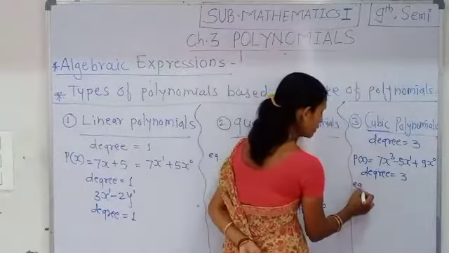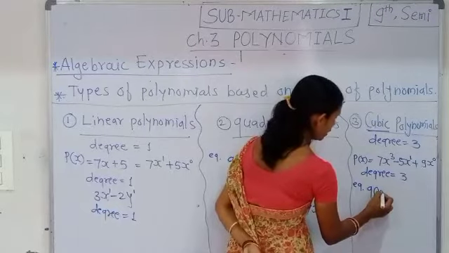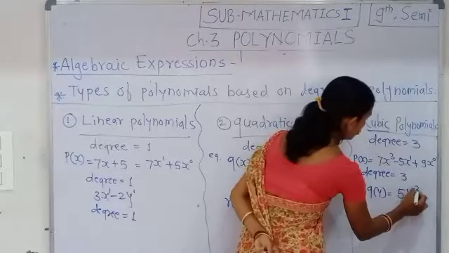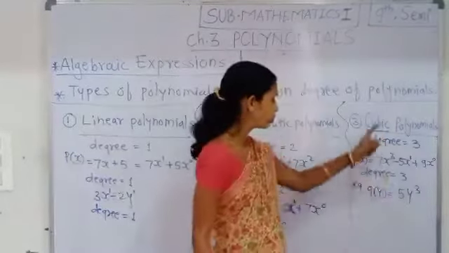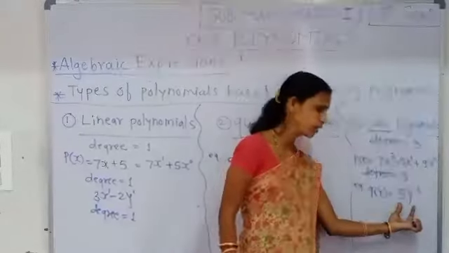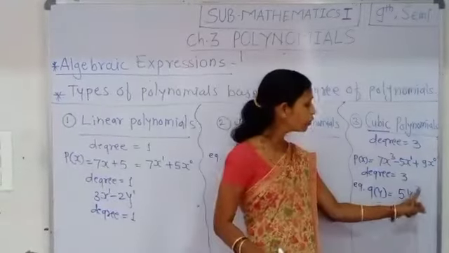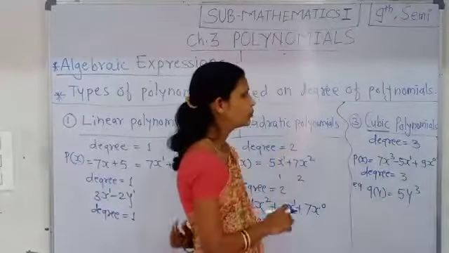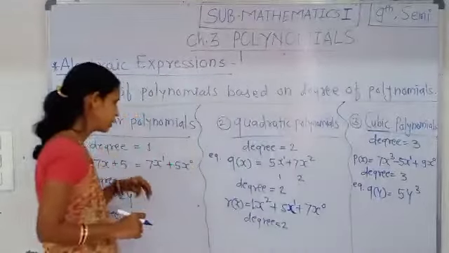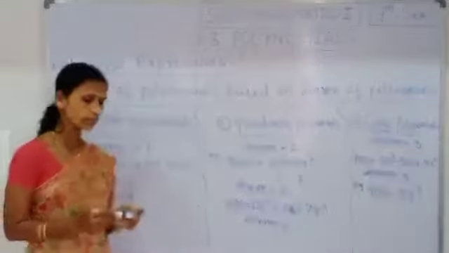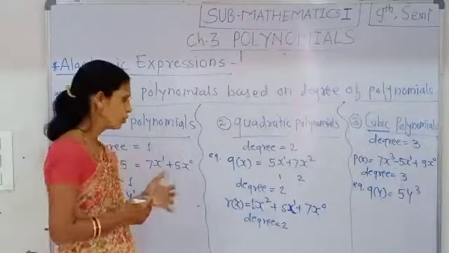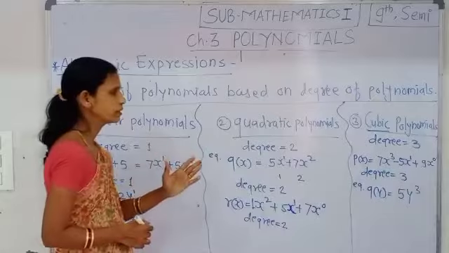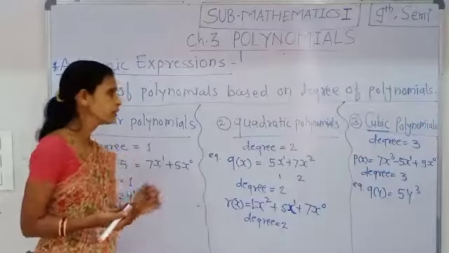Here is one more example, that is q(y), that is 5y cube. It is also a cubic polynomial. See here there is only one term, but the degree of this polynomial is 3. Therefore it is a cubic polynomial. That means we can classify polynomials into many categories depending upon the degrees of those polynomials, as well as